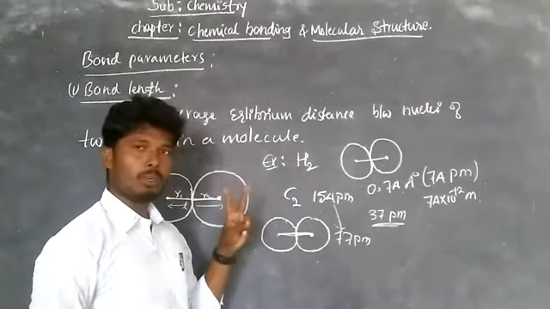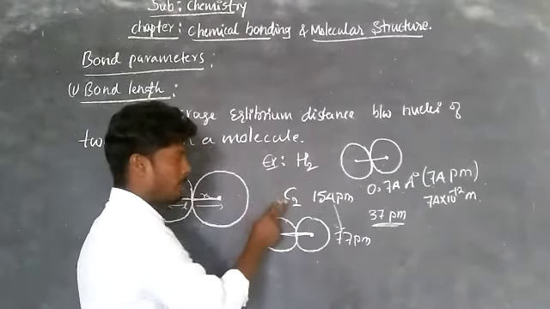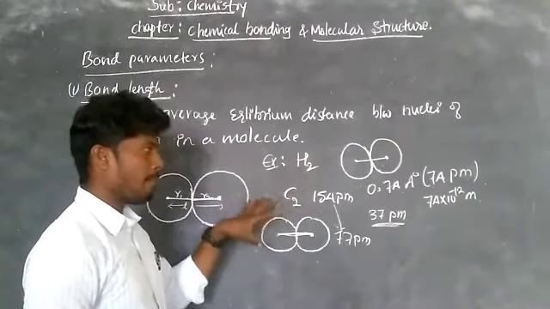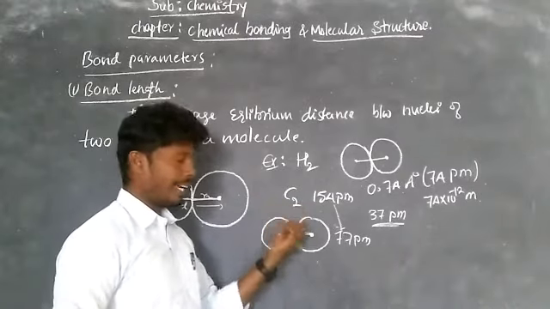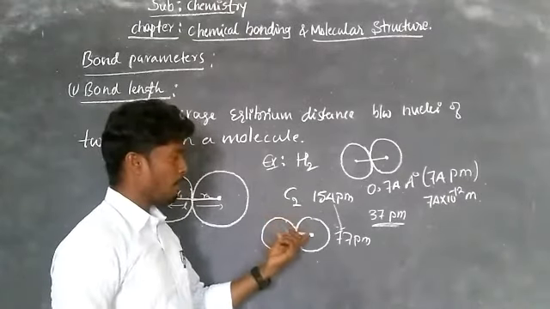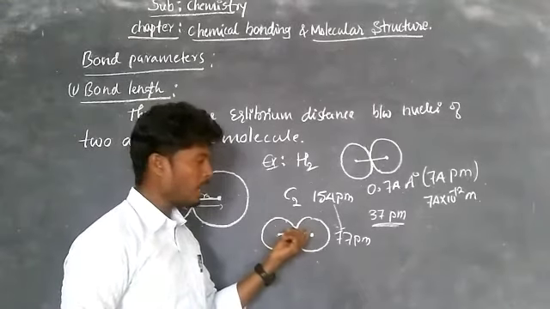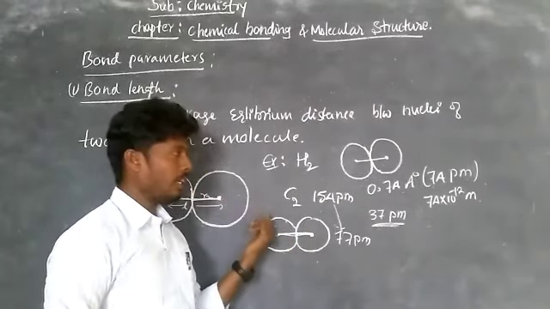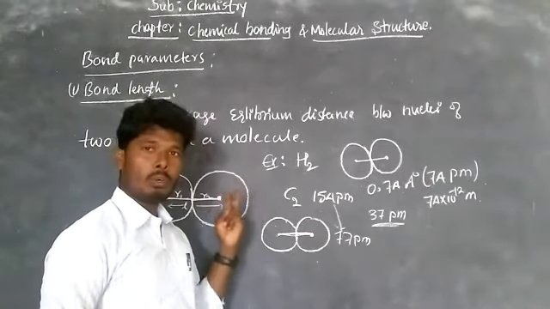Homo means two same atoms. Here C2 means two atoms are repeated. Here also two hydrogen atoms. So these two are examples of homonuclear diatomic molecules. In this case, the bond length is the same as the atomic radii, or atomic covalent radii, of the two atoms. Now if we go to the case of a heteronuclear diatomic molecule, heteronuclear means two different atoms.